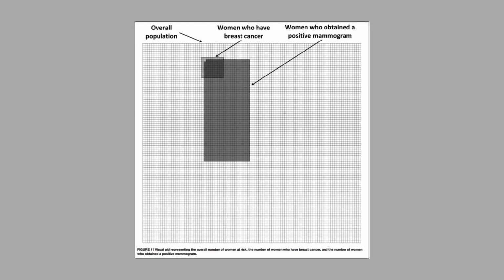Here's an example of the type of visual aid used. And in this example, we can see that the general population is compared to women who may test positive on a mammography as compared to the percentage of women in the general population who actually do have breast cancer. And we can see that this information is laid out visually, so not just simply provided in a verbal form.